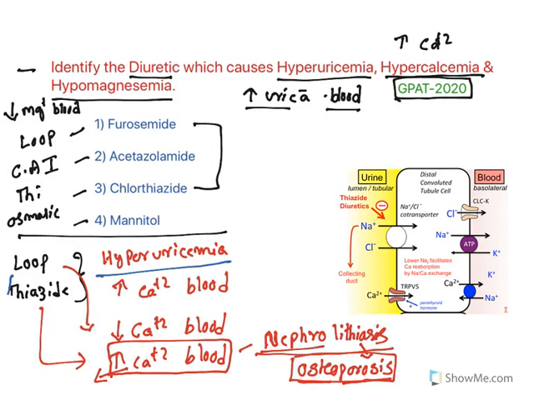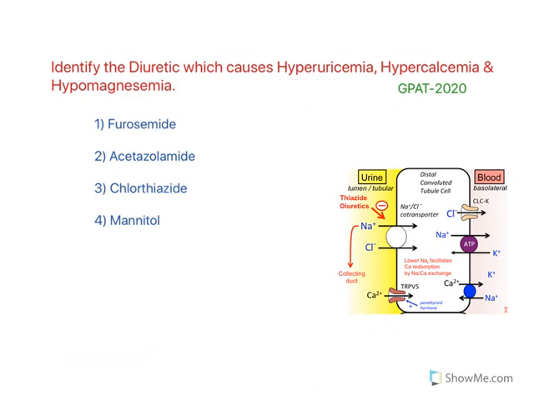Now, why does this happen? Let us understand the mechanism. Look at this. This is the distal convoluted tubule wherein thiazide diuretics will act. Thiazide diuretics will inhibit the sodium chloride symporter. Because of that, sodium and chloride will be going out through the collecting duct. Now, this results in a reduced amount of sodium in the distal convoluted tubule cell. In the cell, sodium levels reduce because sodium is not getting reabsorbed because of thiazide diuretics. Rather, they are going out of the body.